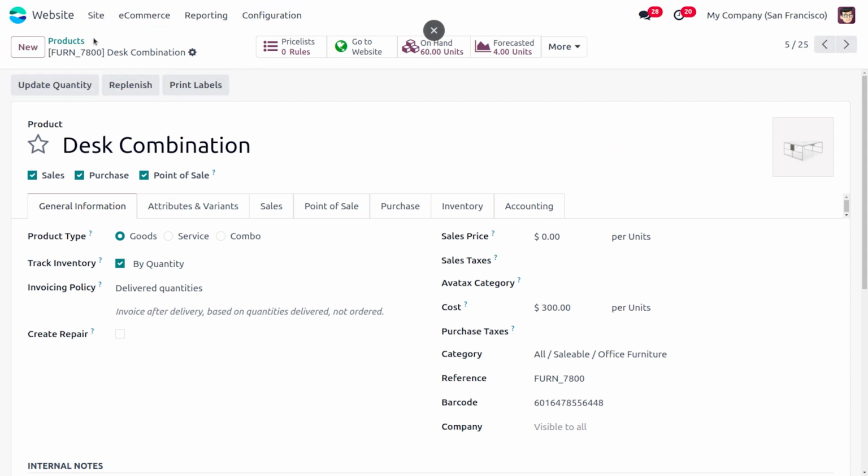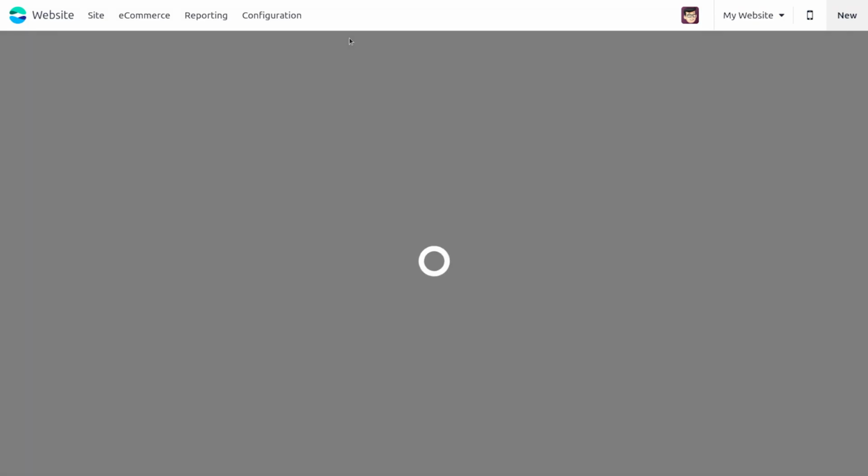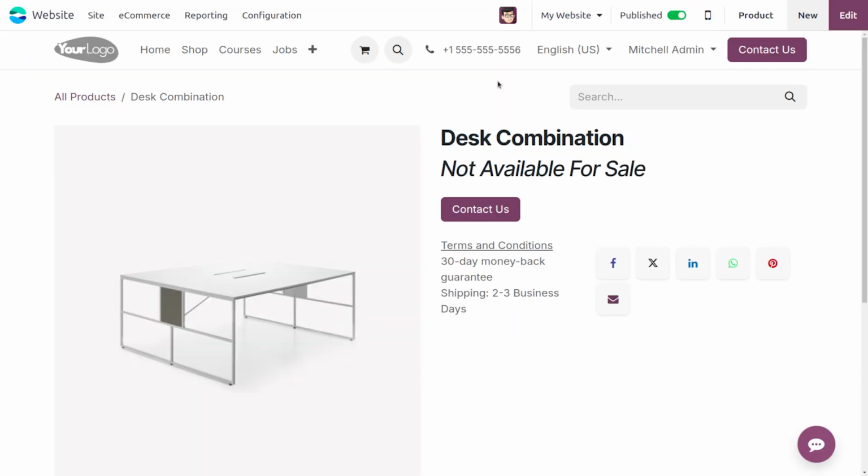Sometimes if the sales price is 0, the customers may think that the item is available for free, but no e-commerce provides items for free, right? So we need to prevent the accidental purchase by setting prevent sales of zero price product. Once this is set, we can move on to the website. As you move on to the website, here you can see that this is not available for sale as the price is set to 0.